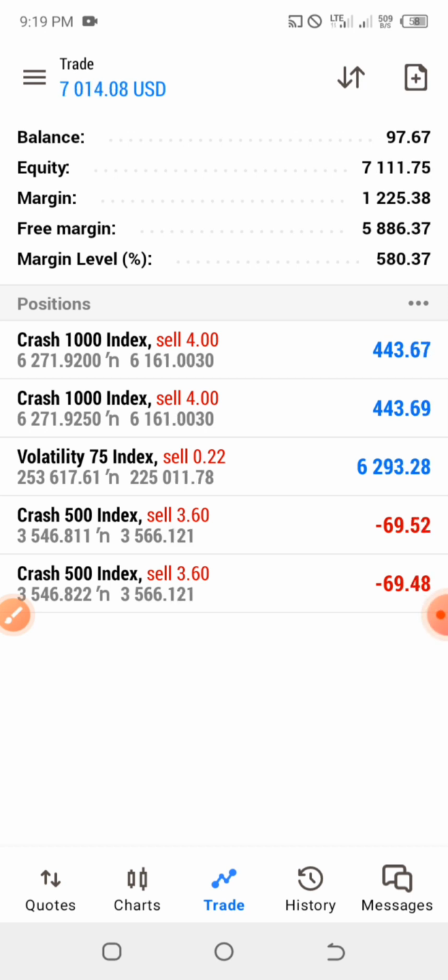So today, let's quickly go through this strategy right here, and then we are going to implement it to make money trading the crash. This strategy is for those that have a small account, okay? It is going to benefit you to make crazy money. You can see we have a $97 account right here, and it has already grown to $700 plus. This is not a joke. The strategy was discovered by one of my mentees, and then I worked on it and saw that it is very crazy, using it to make a lot of money trading the crash.